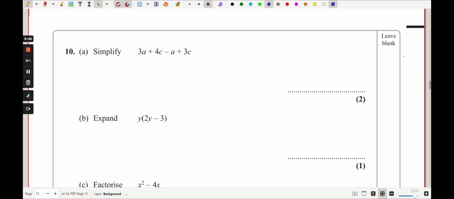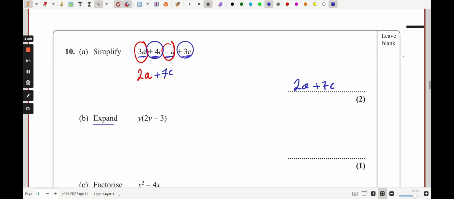Here we have 4 terms, 1, 2, 3 and 4 terms. So we will go and find out like terms. Here we have 3a minus a, which is 2a, plus 4c plus 3c, which is 7c. So 2a plus 7c. Expand, that means everything outside the brackets you have to multiply with each term inside